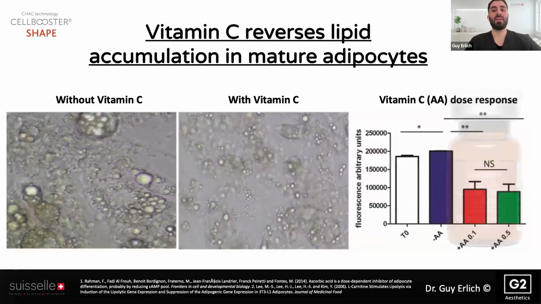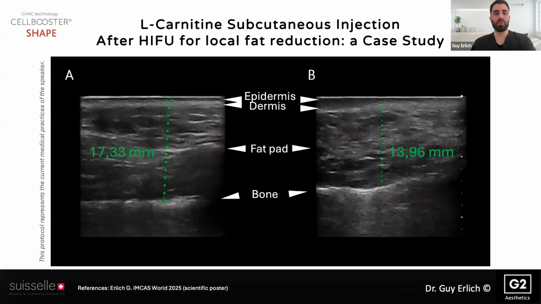Similarly, vitamin C is also a very important part to be injected because it stimulates lipolysis and reverses the accumulation of adipocytes. This is why vitamin C and L-carnitine together should be injected in any occasion of aging of fat layers, either in atrophy or in pseudo herniation. We already proved it. We published in the last IMCAS a scientific poster that shows that